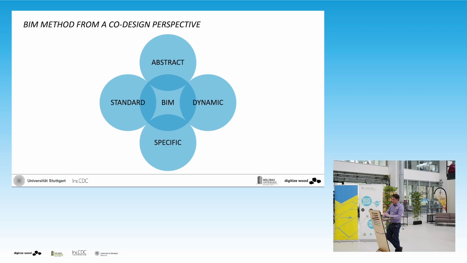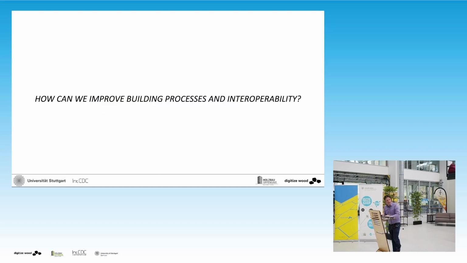So, and this is maybe more in the direction of the ELSA, we can also see it as centralized and distributed. I think it's always the question what kind of projects we have. We must look in a more central or a more distributed way, or somewhere in between. And the same for the abstraction. We need to go up and down and not get fixed to one place. So the question is how we can improve the interoperability and the processes. And I hope I will get some more information about that from our next candidate, which is the ELSA.